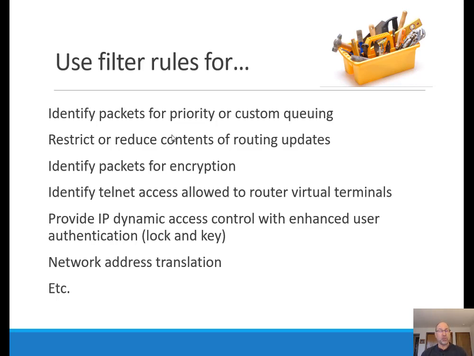We know what we can use these filter rules or these filter lists for, right? The first thing we're going to do is identify the packets, and then we decide what we're going to do about it. It can be queuing, rate limiting, quality of service, network address translation, dynamic access control. That's kind of fun. We'll talk about that later on, but for right now, we've got an access list, and upon successful authentication, the person or the IP address or whatever the criteria is allowed. So lots and lots of things that we can do once we've identified our filter rules. But remember, it's not just about permitting or denying traffic on an interface.